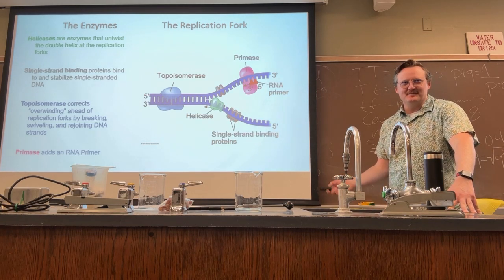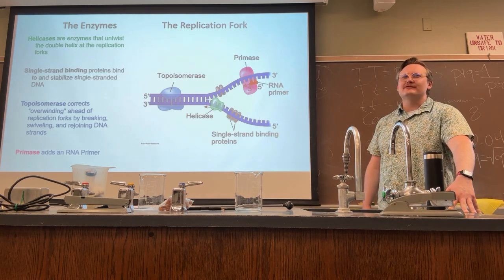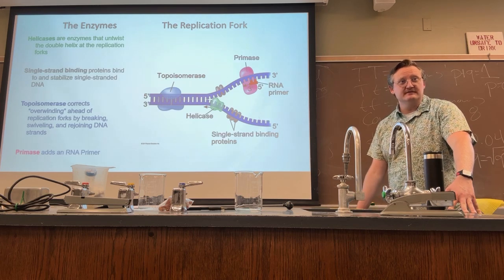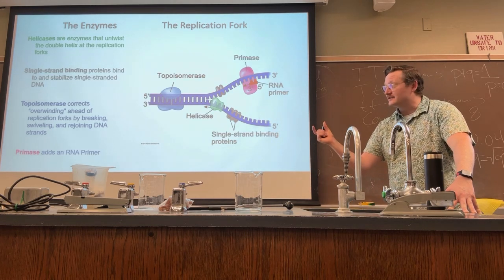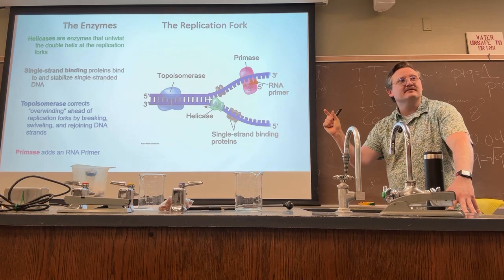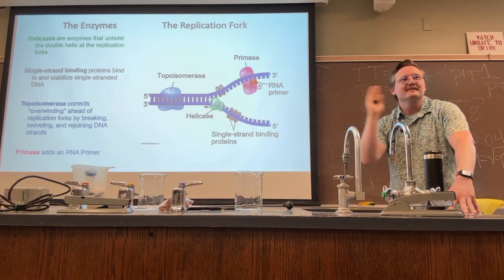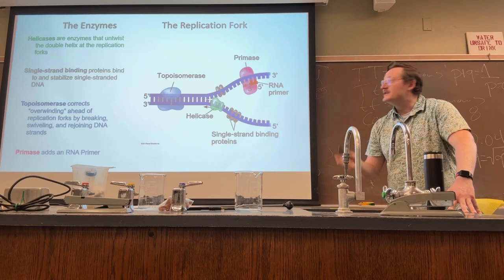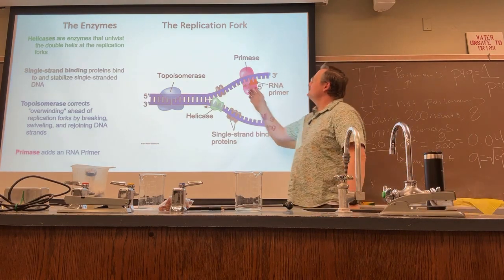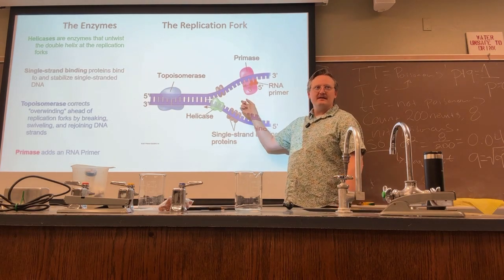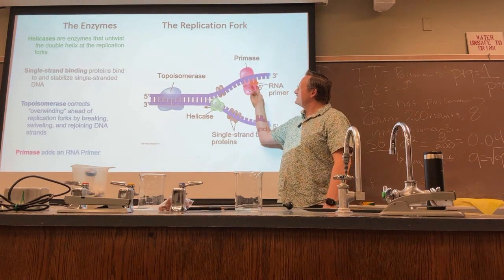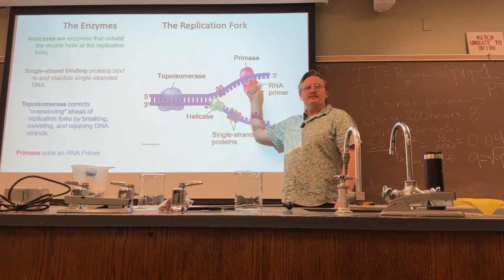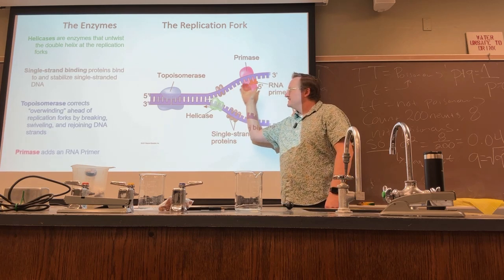Primase, next one. It adds an RNA primer, okay? Now, you remember primers from PCR. The primers indicate where DNA polymerase should start synthesizing the new DNA, right? The primers target a specific sequence. You need the primers because they provide the 3' end here. You need a starting little sequence of nucleotides that you can add on to. So the primer gives you a jumping off point to start synthesis of